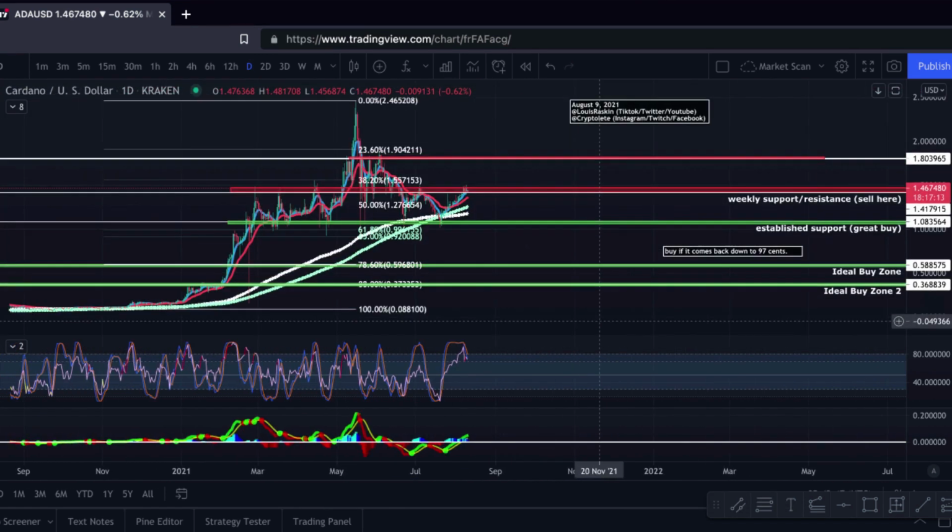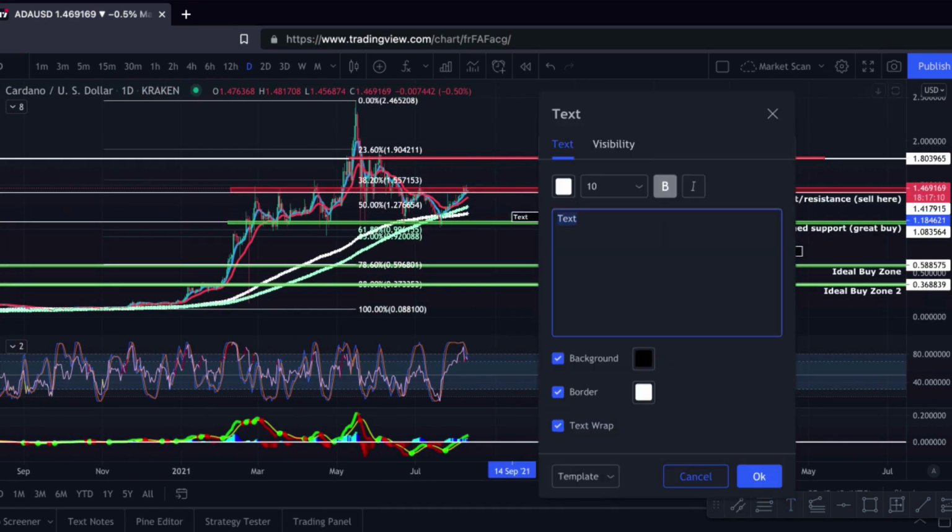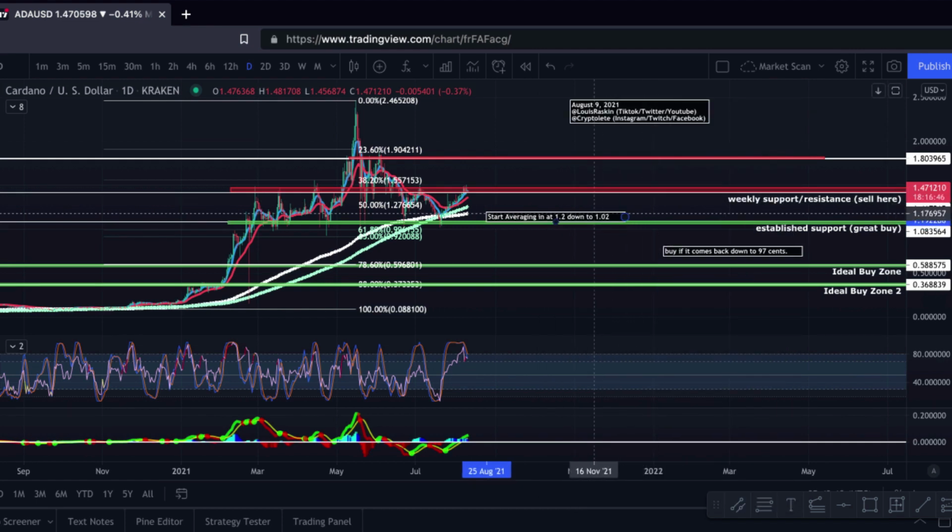I'm going to say start averaging in at 1.2 down to 1.01, 1.02. Yeah, because 1.2, maybe not 1.2, but, well, no, yeah, 1.2. Start averaging down in this entire area if it comes back down here. Right now it's